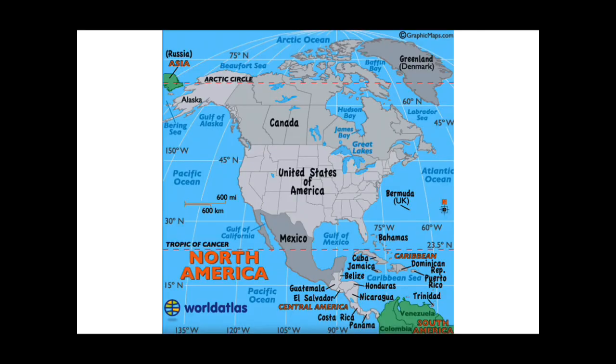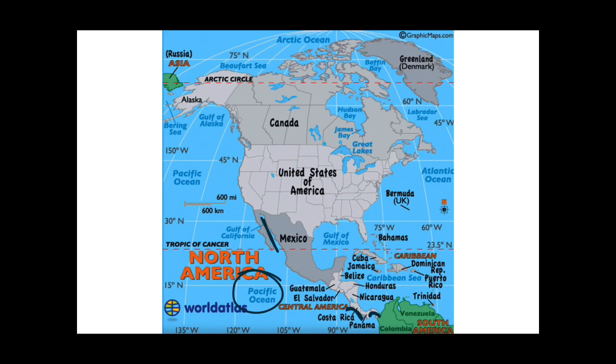Now let us know about one more Gulf, that is the Gulf of California. Here you can see that this is the country Mexico, and this is the Gulf. The name of this Gulf is Gulf of California. And this Gulf is surrounded by Mexico on three sides, and it is a part of the Pacific Ocean, as you can see over here. And here I told you that this is Panama, this is the Gulf of Panama, and this is Coronado Bay on the coast of Costa Rica.